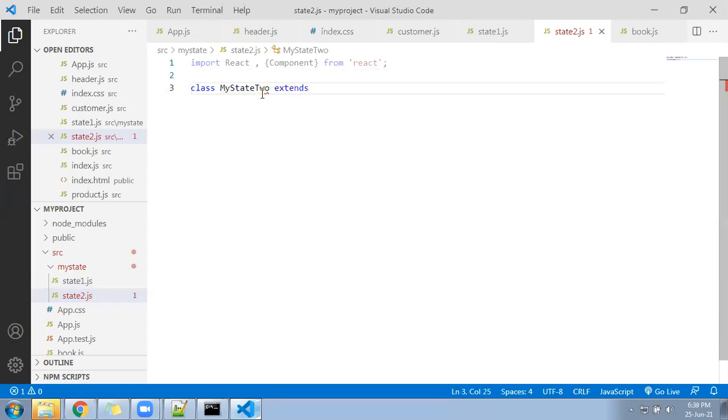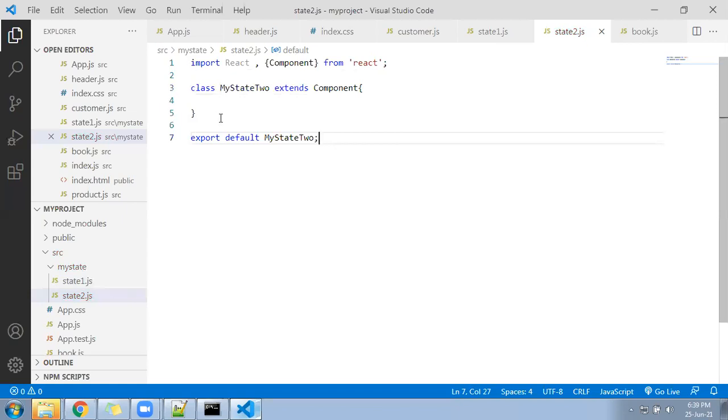Extends that parent Component class, with brackets open and close. Come inside. Here we have to follow as usual: export default and then the class name, MyState2.